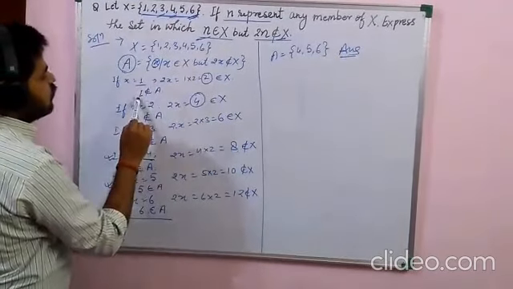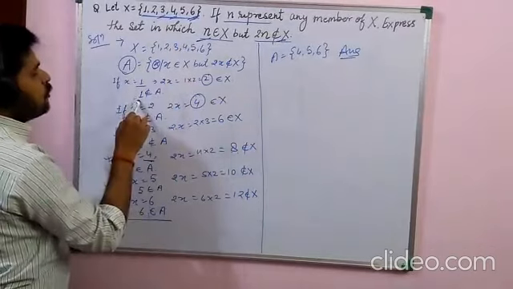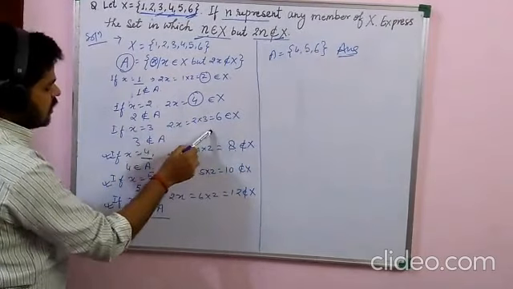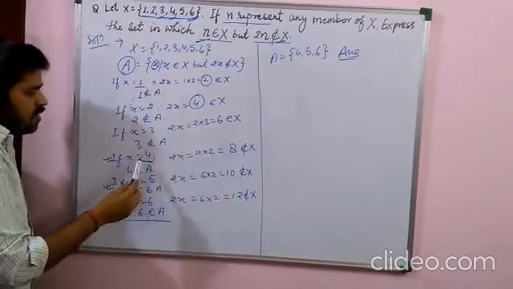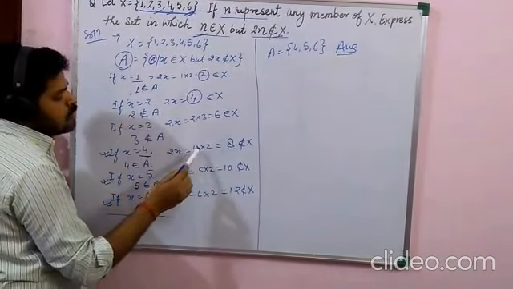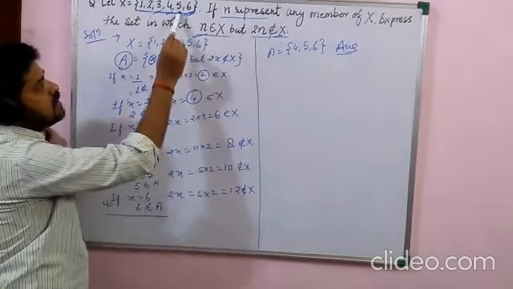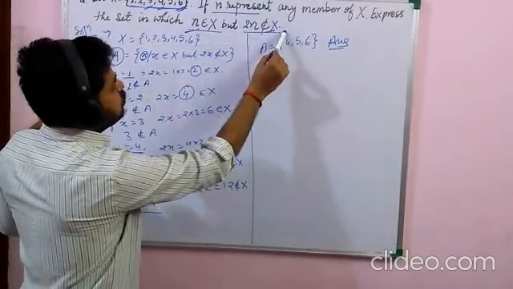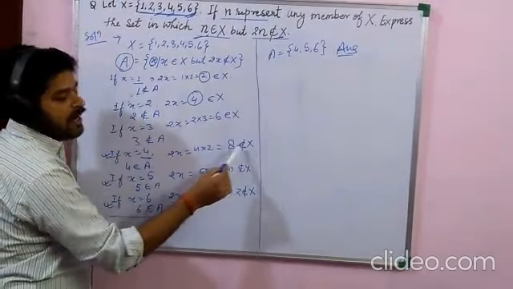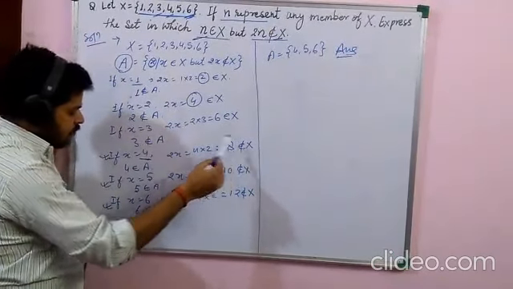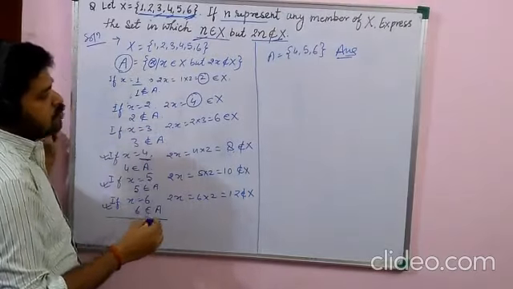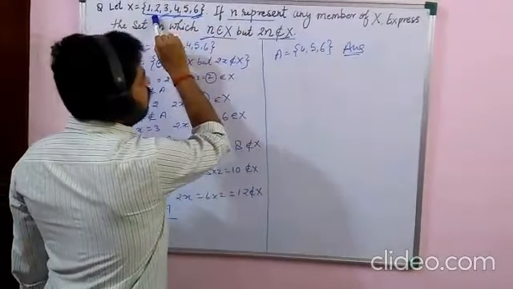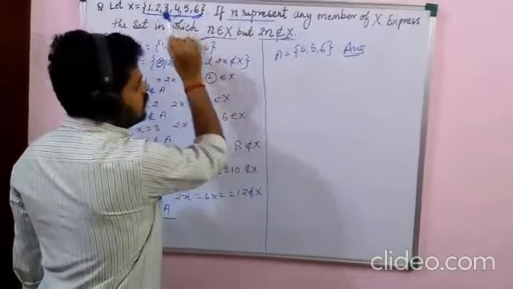When we took twice of 1, we got 2. 2 is in the set, so 1 will not belong to our set. Again for 2 we did the same experiment, for 3 also, and for 4 also. But when we came to 4, we found that twice of 4 is 8, and that 8 is not in this set. So our aim is to find n belongs to X but 2n does not belong to X. We found the first element, 4, whose twice, 8, does not belong to X. Then we calculated for 5, and for 6, and at the end we found that these three elements belong to the set but their twice is not in this set. So this is the answer.